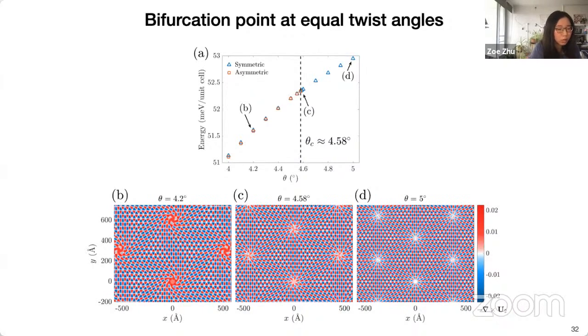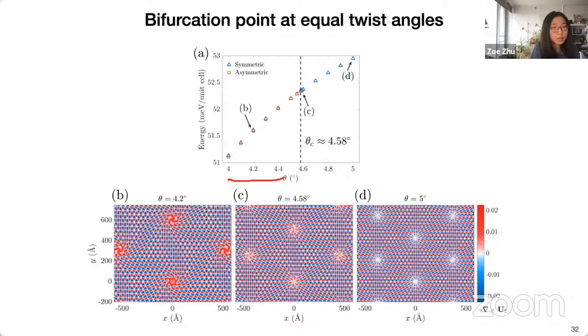But here in figure A, we're looking at the total energy as a function of the twist angle. So both twist angles are equal. And we notice that when the twist angles are small, both the symmetric type of solution and asymmetric solution coexist. And the asymmetric solution is slightly lower in energy. This suggests that the reduction in the misfit energy by the pinwheel motion would outweigh the cost of elastic energy for those smaller twist angles, because these pinwheel motions do not happen very often given the large Moiré-Pomeré